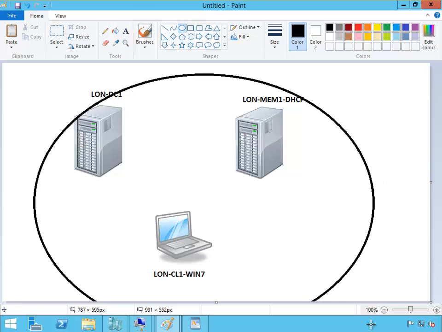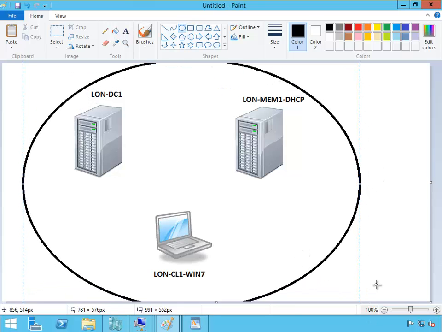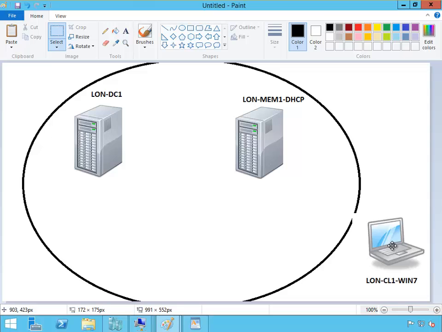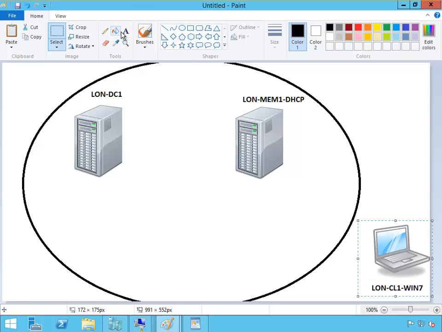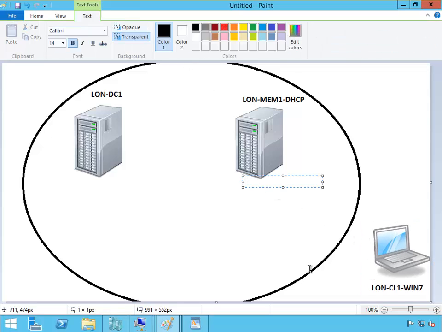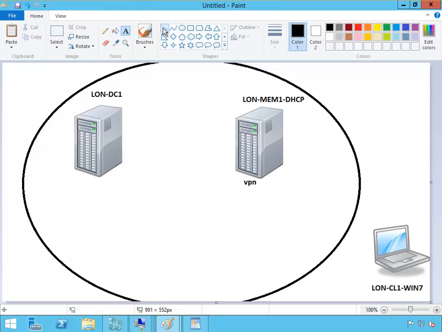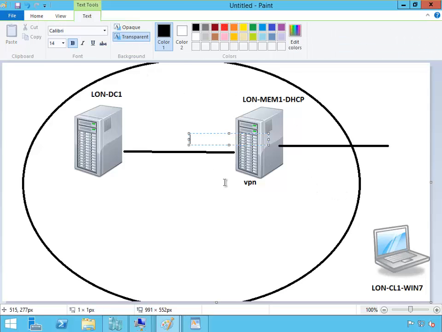Okay, so now this network that we have is our private network, like this. Everything is within this circle. Now what we're going to do is pretend that this client machine moves away from our private network, to the public network, and we're going to install VPN on this server. Now this server is going to have two interfaces, one internal and one external. On the internal interface, this server has the IP address 10.10.0.20, and on the external we're going to pick another one, say